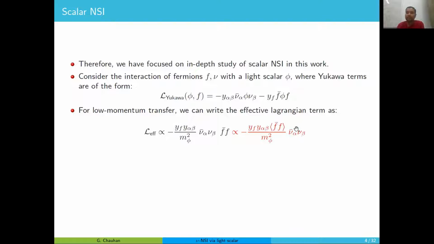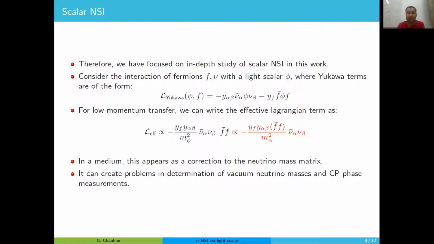And then this term is directly proportional to nu bar nu, which we know is the mass term for neutrinos. So yes, in the case of a medium, like presence of a medium, this scalar NSI term basically appears as a correction to the neutrino mass matrix. So this was a heuristic way to understand what this term means and what this light scalar does. But to quantitatively calculate this exactly, we will use